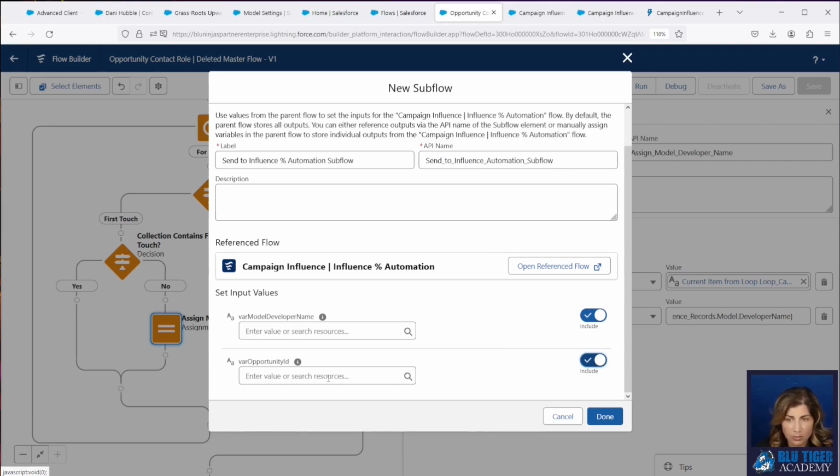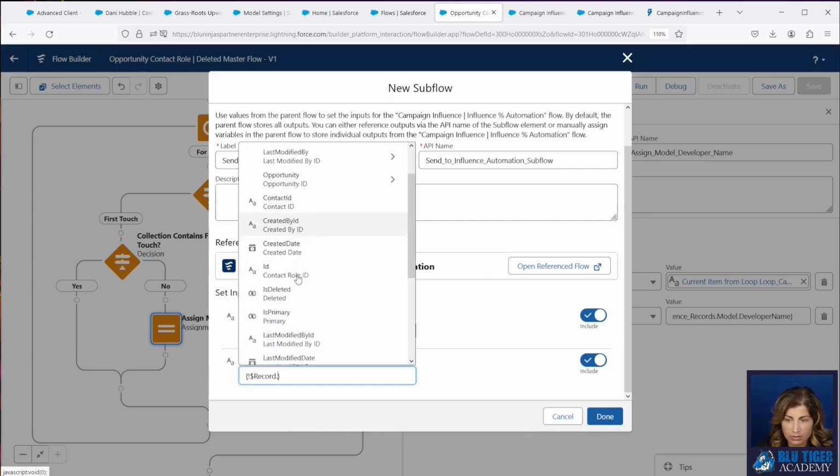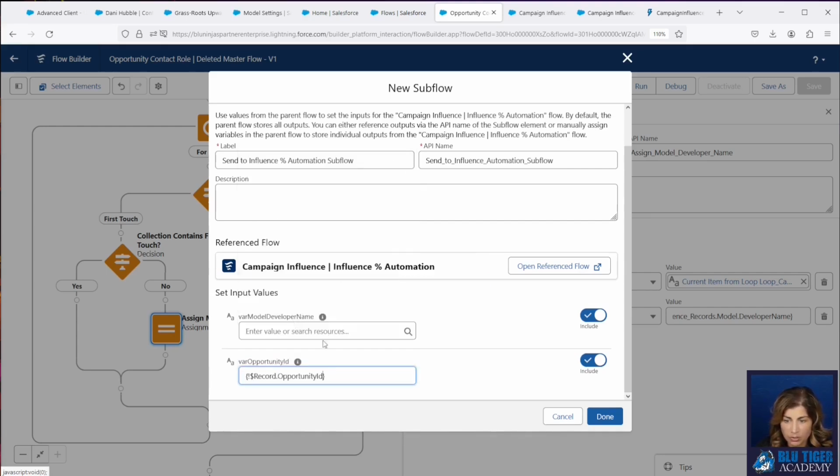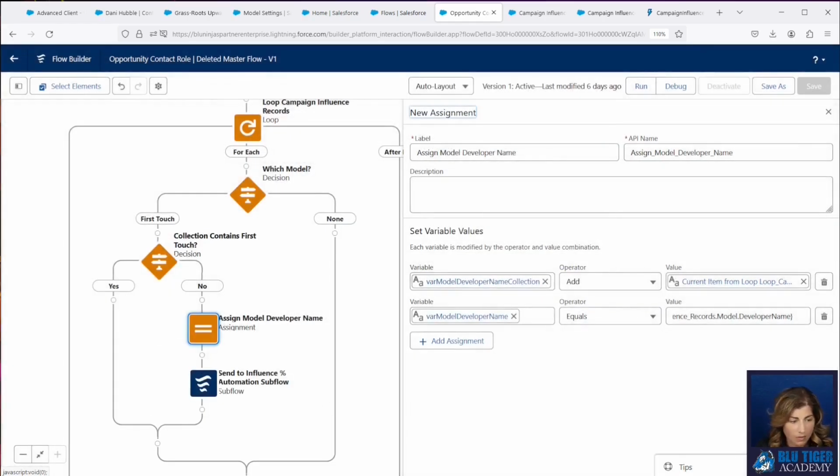So this is our opportunity contact role flow. The opportunity ID is going to come directly from the record that triggered the flow, so we'll just pull the opportunity ID from there. Our var model developer name, we actually assigned in our flow. And so we have that, and that's it there.